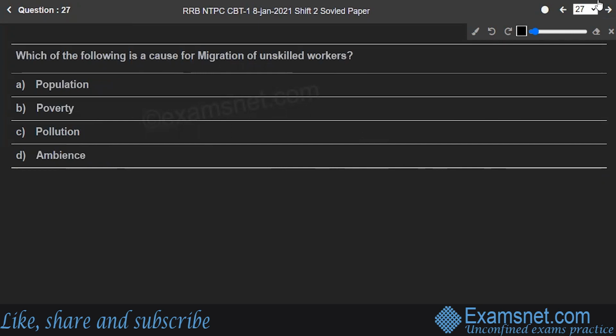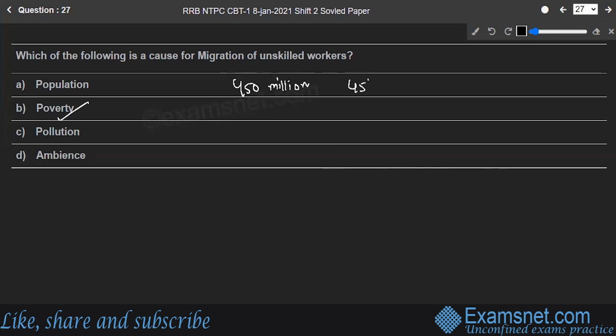Which of the following is a cause for migration of unskilled workers? Population, poverty, pollution, ambience. Correct one is poverty. Cause for the migration of unskilled workers is poverty. Unskilled workers migrate searching for ways to provide for their families and to escape unemployment, war, poverty in their countries of origin. Indian Census 2011 data calculated the total number of internal migrants, accounting for inter and interstate movement, to be 450 million,